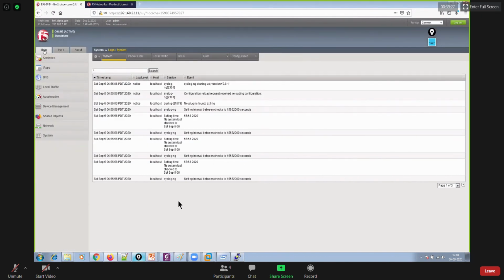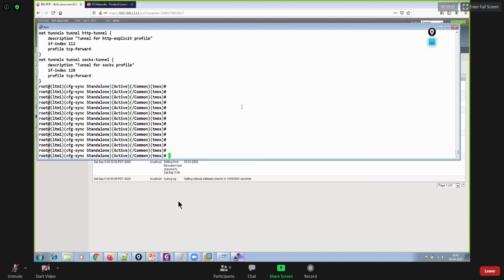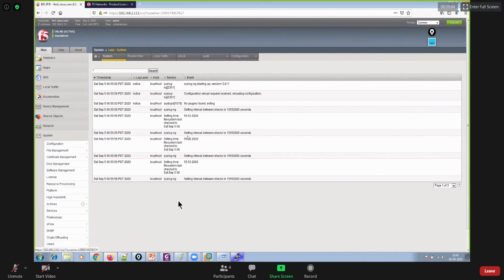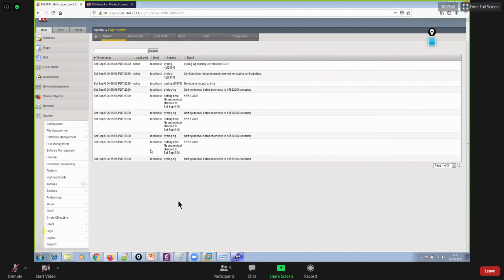In the GUI under main, we have so many tabs available, like iApps, LTM, network, system. In a similar way, we had different modules in CLI, like system, network, LTM, like that. Let me start with the system tab first. If I talk about the configuration, go to system tab, configuration, device configuration, and then you can make any configuration like general, NTP, DNS.